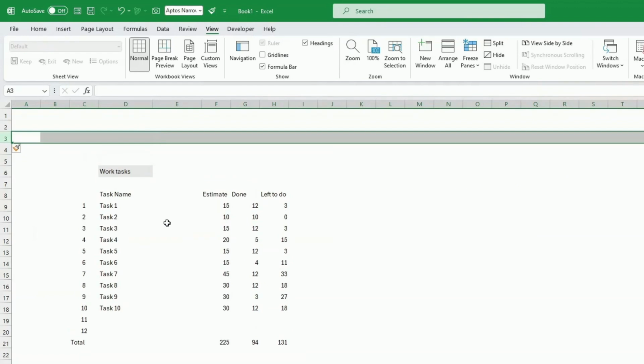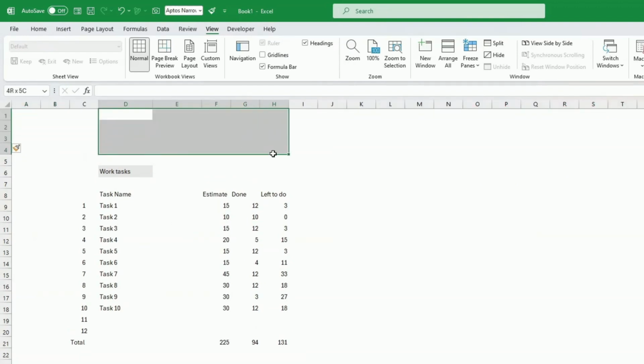Okay, so I'm just going to leave a little bit of room on the top. So now I want to do 2 very simple charts. One will be task by task. I want to give an idea of what has been done for each task and what is left to be done. In order to do this, I don't want to have all the task names here,